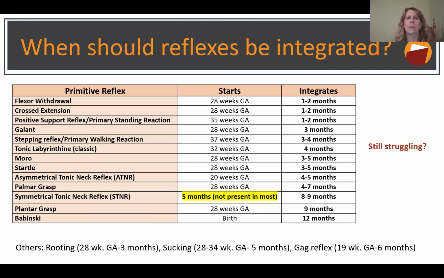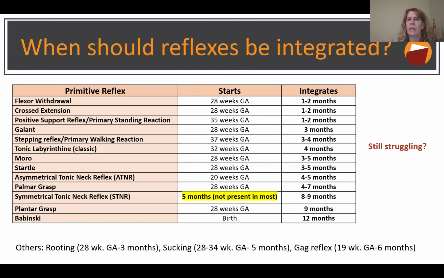Okay, so you could be asked when reflexes interfere. Oh my goodness, I actually presented them to you in order. I do not think that you're going to be asked when they start, and honestly, I don't have that memorized. I know at birth, all babies should have all of these, except maybe the STNR. I think that's all you need to know. At birth, they should have all of these primitive reflexes, except maybe the STNR, because it's not present in all